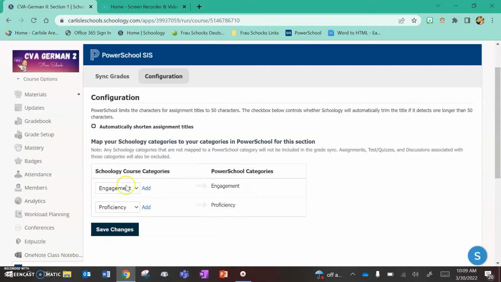Those are the two that I made in Schoology, and I just have to map them from here over to here. So I need to make sure that my engagement category in Schoology is mapping over to my engagement category in PowerSchool. My proficiency category in Schoology is mapping over to the proficiency category in PowerSchool. Once you have done that, you can click Save Changes, but I do want to draw your attention to this